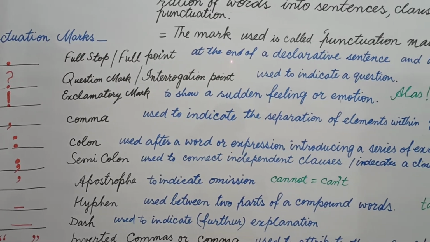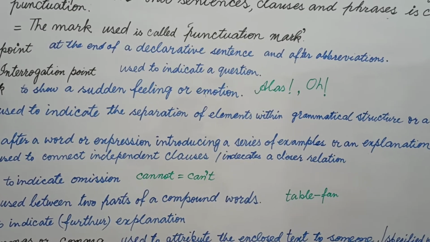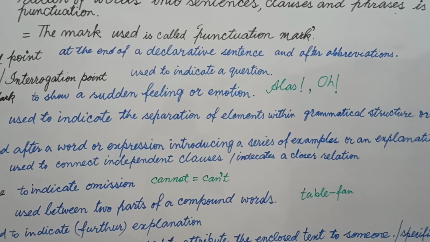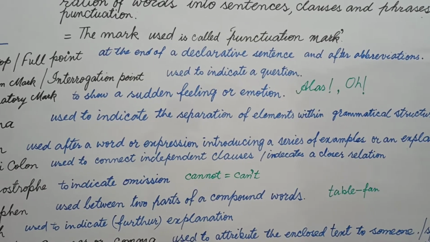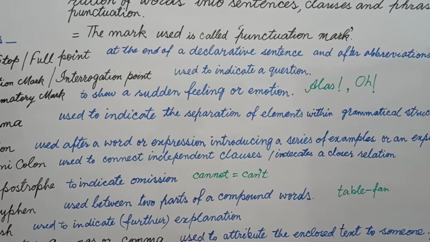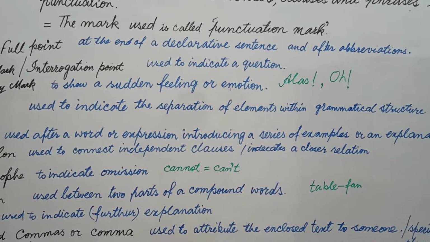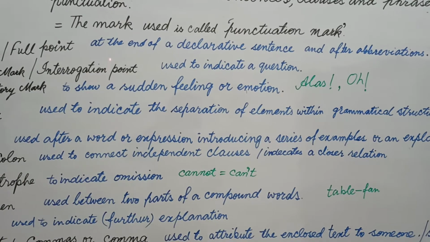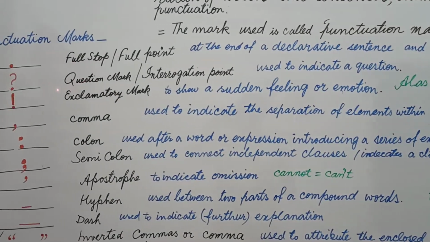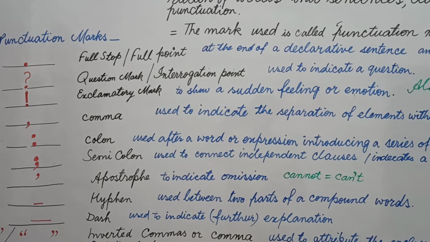This full stop is used in declarative sentences and after abbreviations. You know, students, what abbreviations are? Suppose you are writing MBBS, MS. Then, students, when you write M.B.B.S., you use full stops. In modern English, generally we omit the full stop here, but we can use it. Second thing, students, when we use an assertive sentence, we use this mark at the end of the sentence. This is known as full stop, and it is used touching the line.